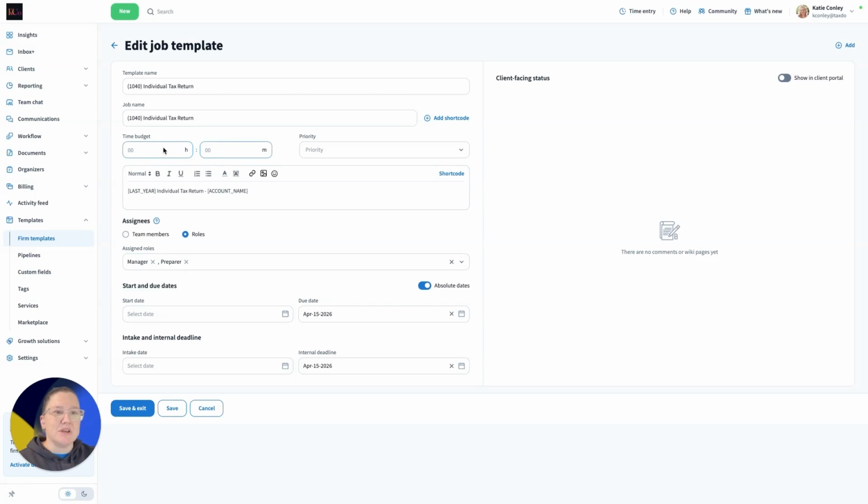We also have a time budget here. This you can add in if you want the tax return, you want it to take a total of 2 hours between preparing and reviewing. You can set that timer. So when you do a time entry, that will go and you link it to your job, it will go ahead and count towards this time. It will let you know if you overestimated your time budget or if you underestimated your time budget and went